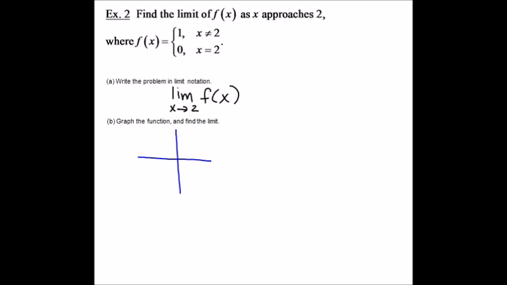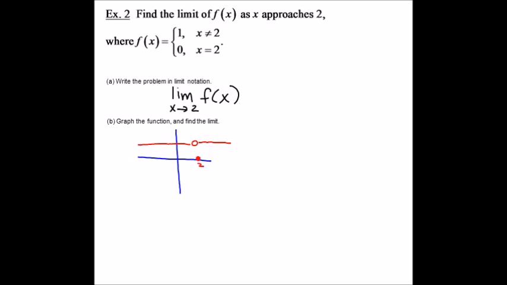Next, we need to graph the function. We have the graph of the horizontal line y equals 1 with an open circle where x equals 2. And then we need a point representing y equals 0 when x equals 2. If we apply the same principles as in the last example,